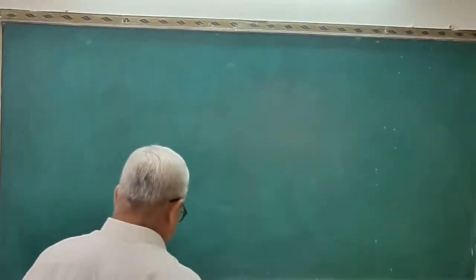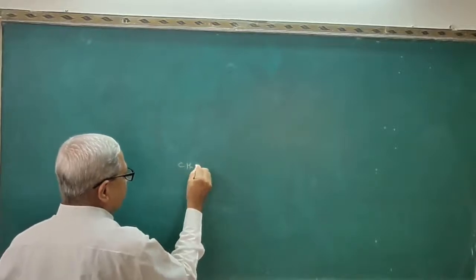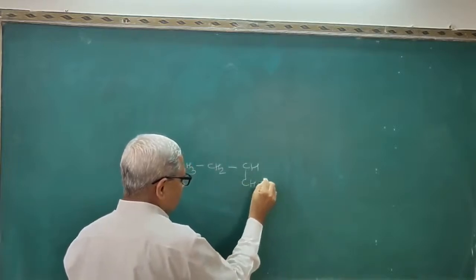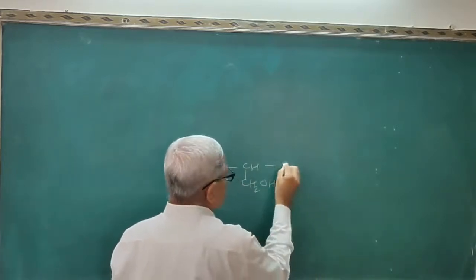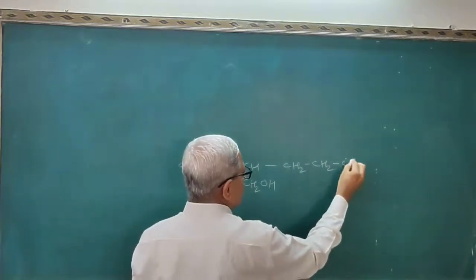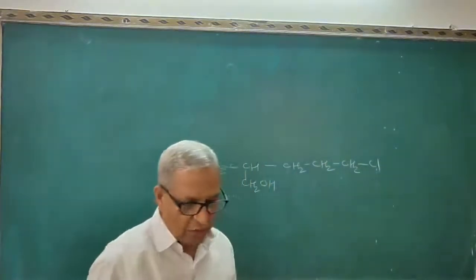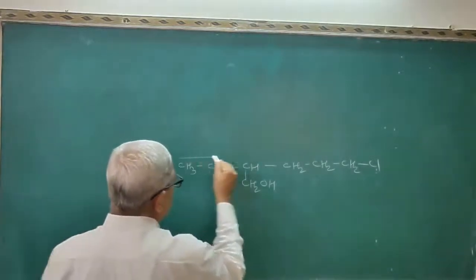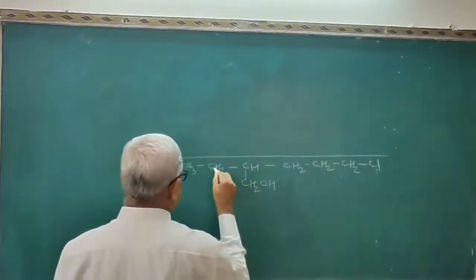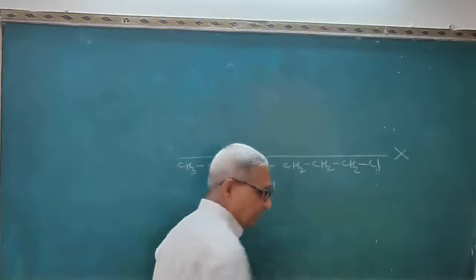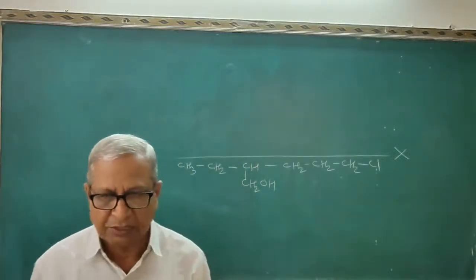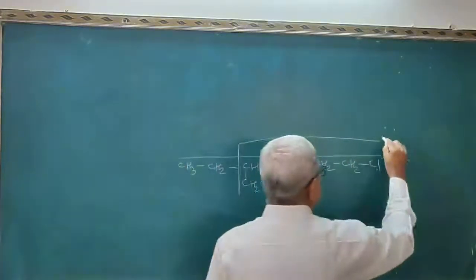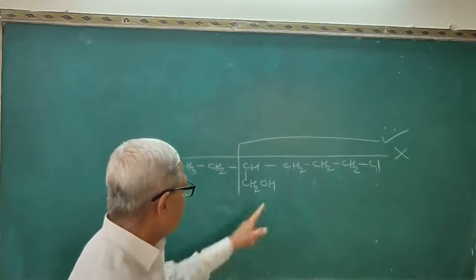Give the IUPAC name to the molecule CH3, CH2, CH, CH2OH, CH2, CH2, CH2Cl. You have to write the IUPAC name of this molecule. Now see here, if you select this as the longest chain, 1, 2, 3, 4, 5, 6, this is not the correct answer because it does not contain the functional group OH. If you select this one, this is the correct one because it contains the functional group OH